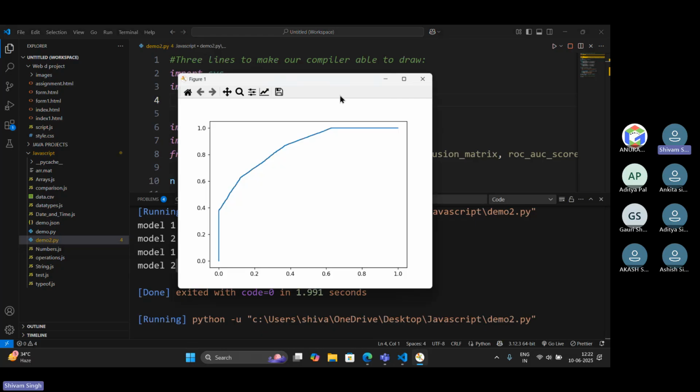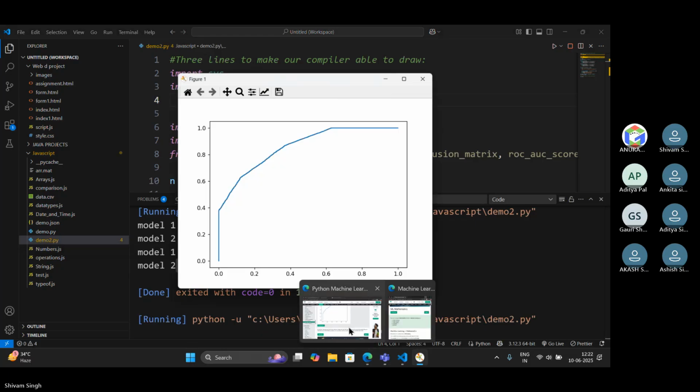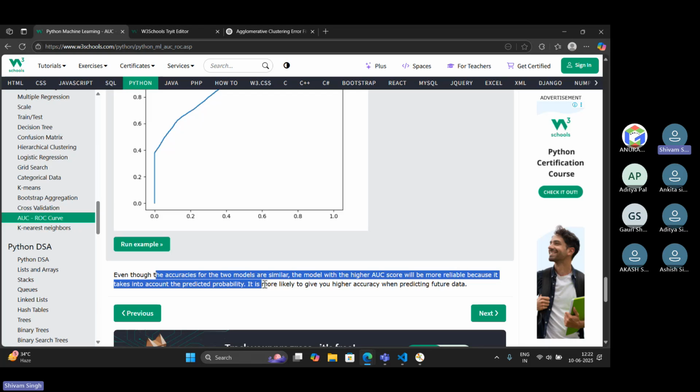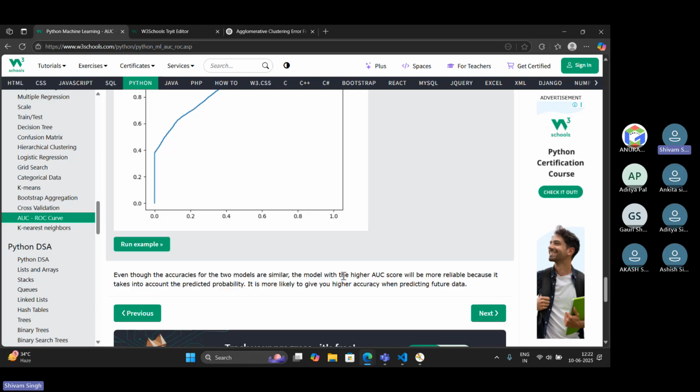So we can see the graph. Even though the accuracy for the two models is similar, the model with a higher AUC score will be more reliable because it takes into account the predicted probability. It is more likely to give you higher accuracy when predicting future data.